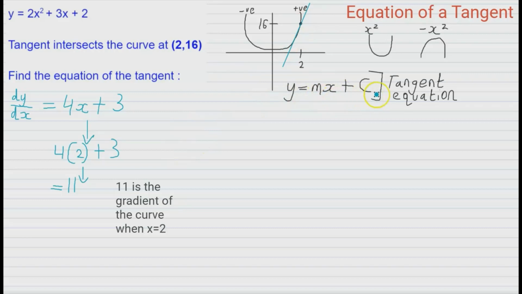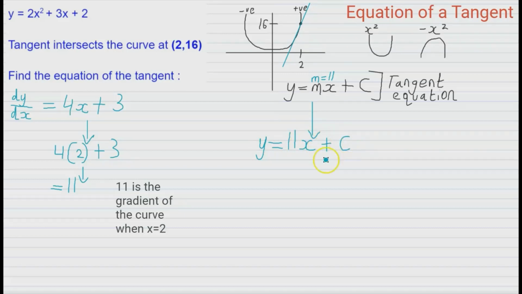And in this equation for the tangent, we can say because the gradient of the curve is 11 at this point, so will the gradient of the tangent be, as you can see in the blue line. Now if we sub that in, I'll do it in blue. So if I bring this down here, I can actually sub in for m, because m is equal to 11, the 11 that we found here for the curve. So we can say that y is equal to 11x